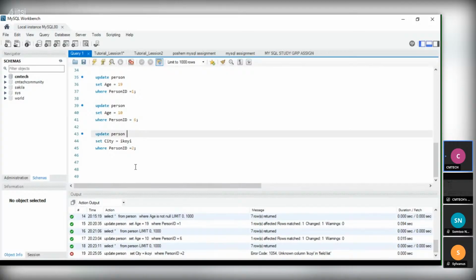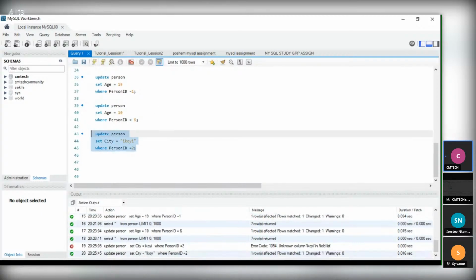You didn't put a quotation mark on Ikoyi. Good, good. Because the column is a string column, it accepts characters. So we have to run it now and it will be updated.